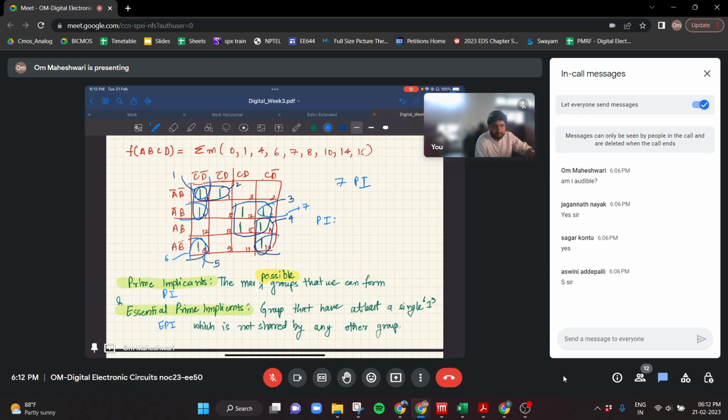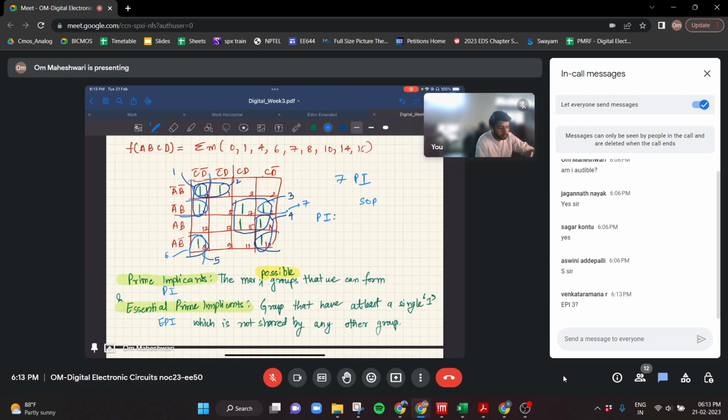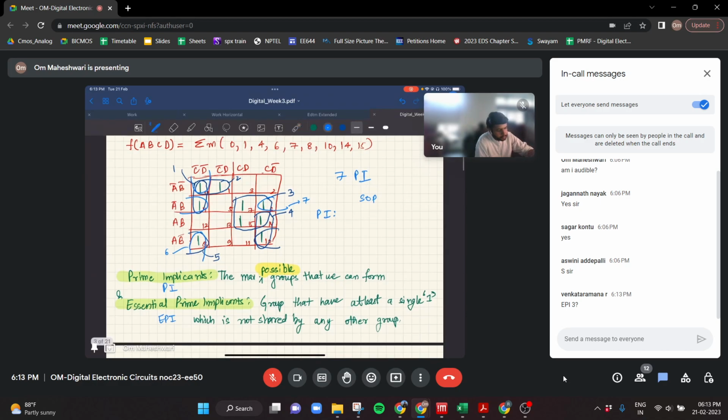can you help me write them? Please write in the chat all the SOP form literals that will be there. So we start from group one. What is group one? This is group one, right? That is A bar, C bar, D bar, plus group two: A bar, B bar, C bar,